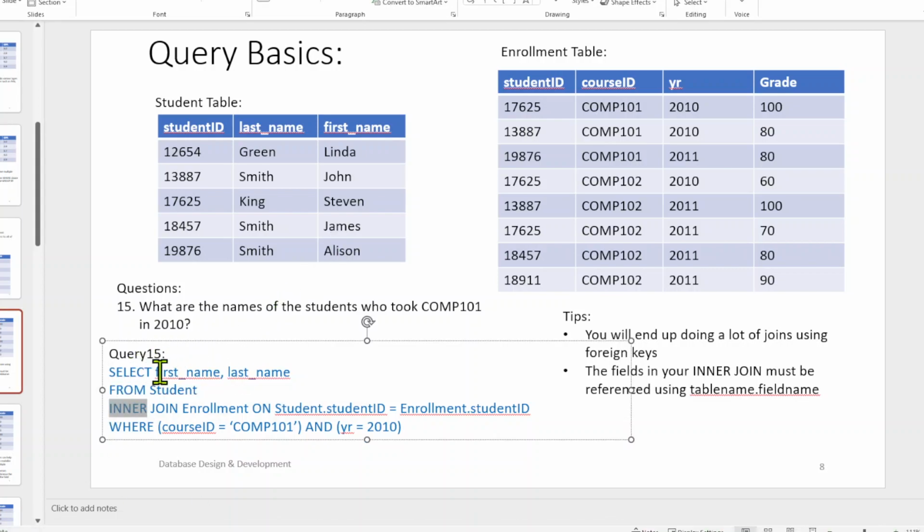there. We're going to select first, last name from student join enrollment on student ID is enrollment ID, and where course is Comp 102 and year. So what we're doing basically is we're getting just the names of the students who are taking this class in 2010. So that's what that did. And you always remember you have to join on